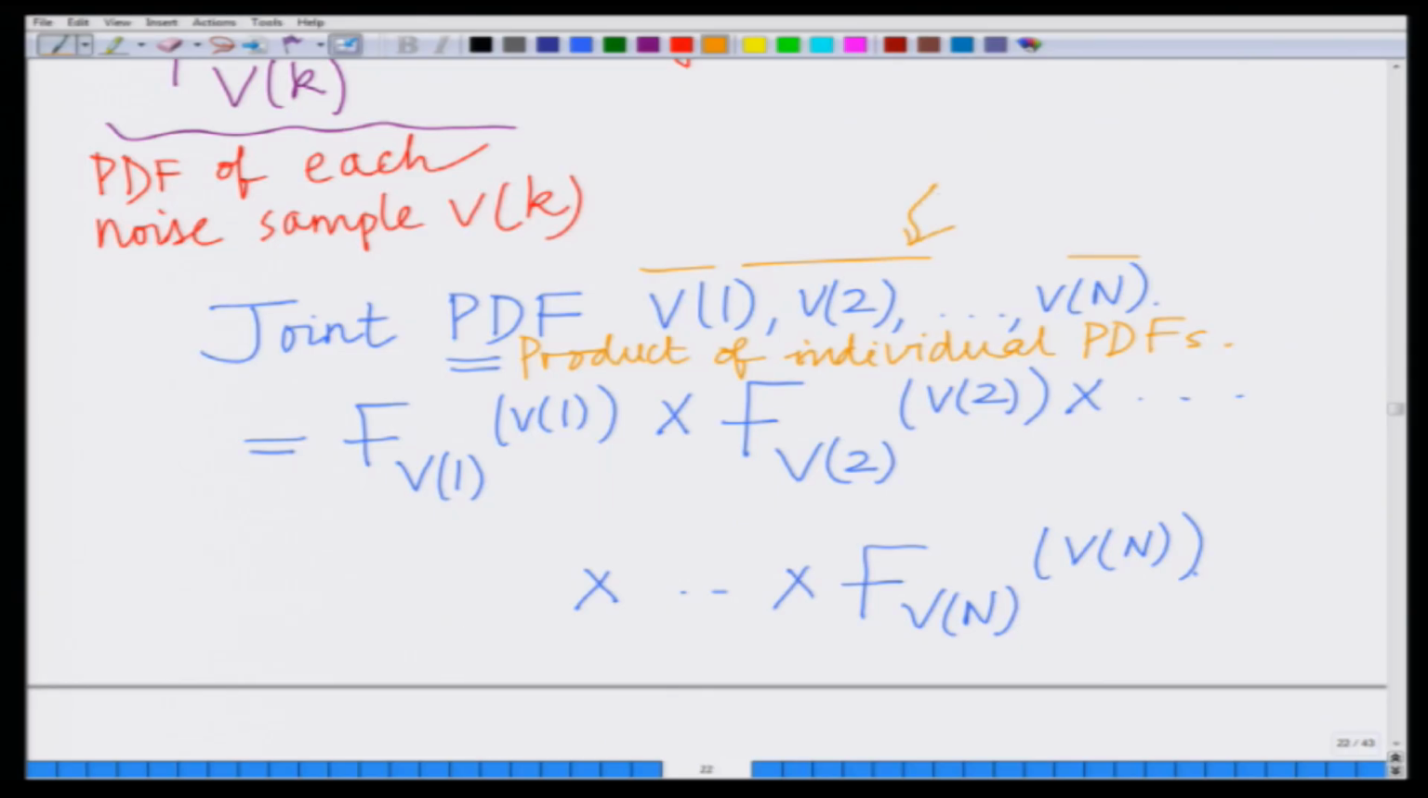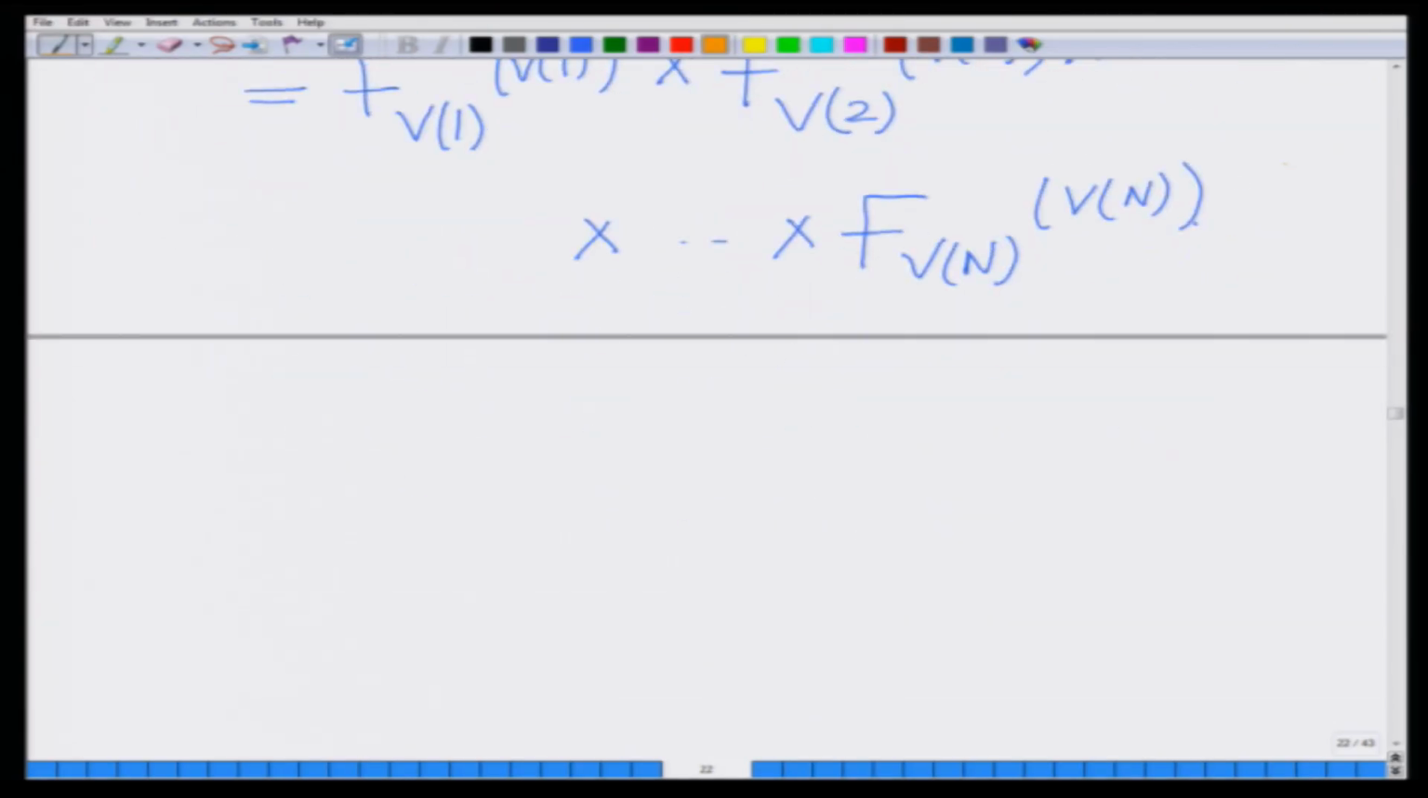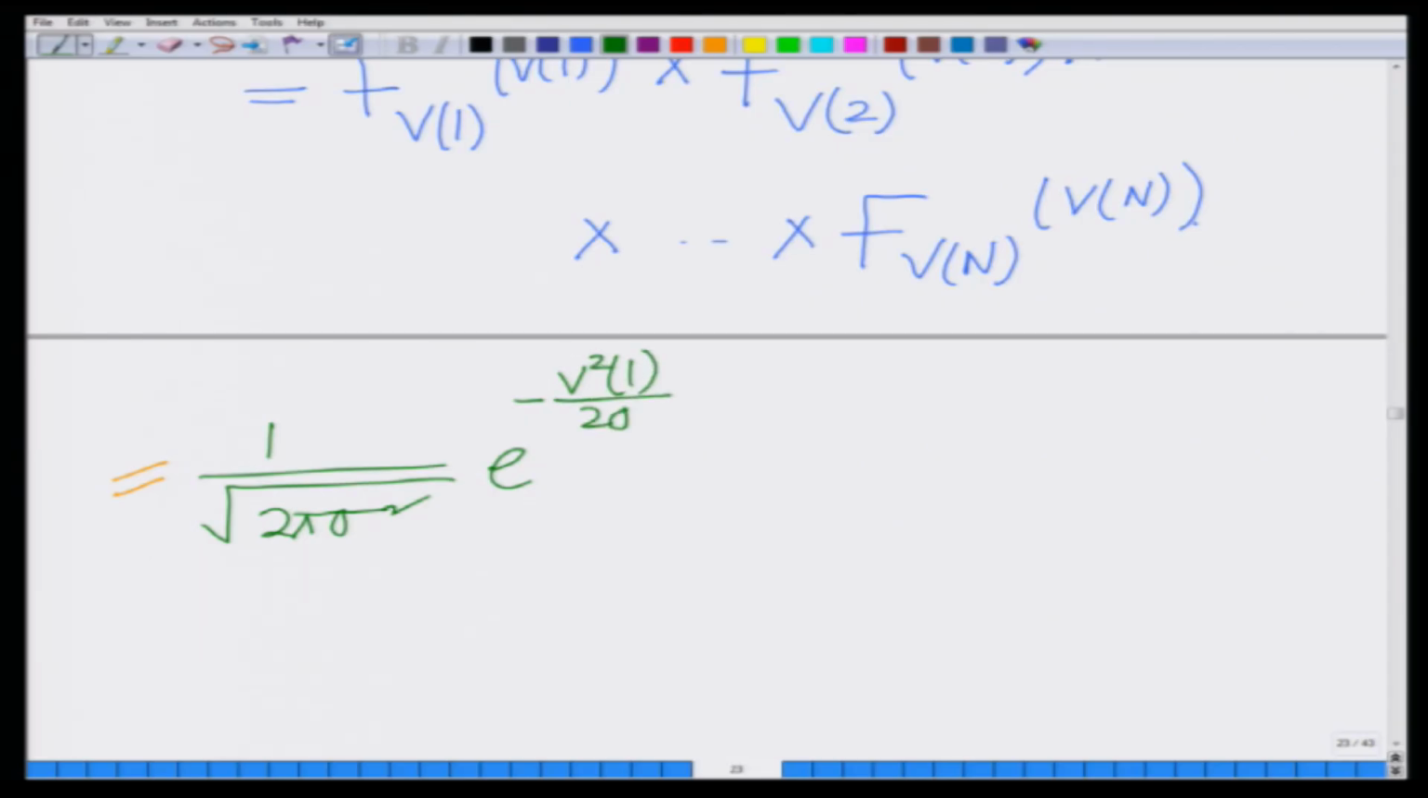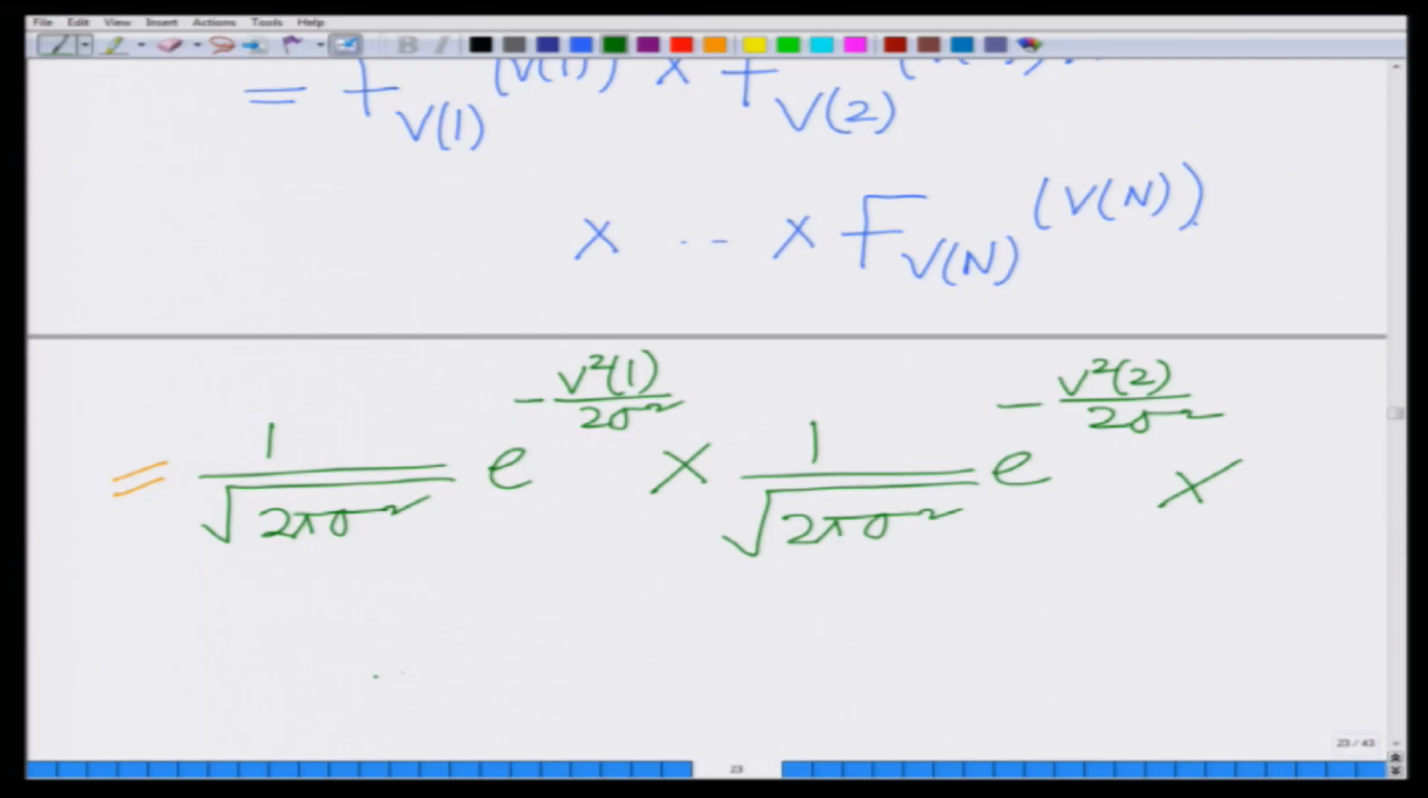And why is this? Because V1 up to Vn are independent, these are independent random variables, and therefore, I can write this as basically 1 over square root of 2 pi sigma square e raised to minus v square 1 by 2 sigma square times 1 over square root of 2 pi sigma square e raised to minus v square 2 by 2 sigma square, so on and so forth